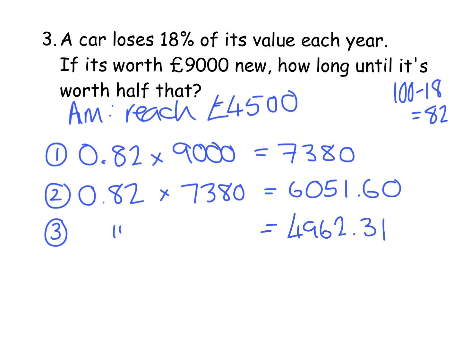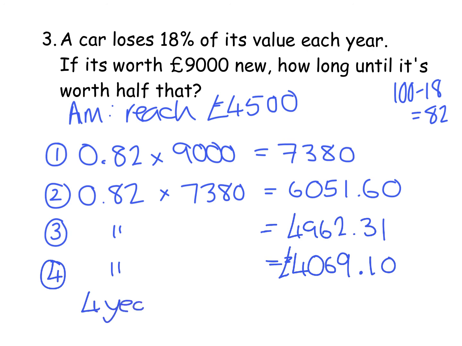Now at this point, well, it's pretty obvious it's going to take 4 years, but you can't assume anything. You have to then actually work out the value for the 4th year to prove this. So times again, and by year 4, the value would be 4069.95, so 10 pence. So my working clearly shows that I was looking for it to be 4,500. I've now got it down to under 4,500. So my conclusion would be it takes 4 years to fall below